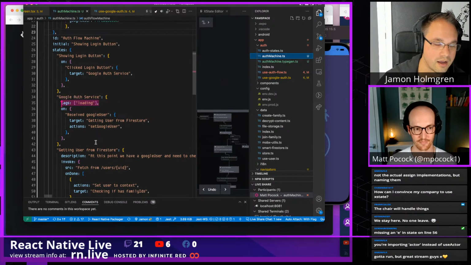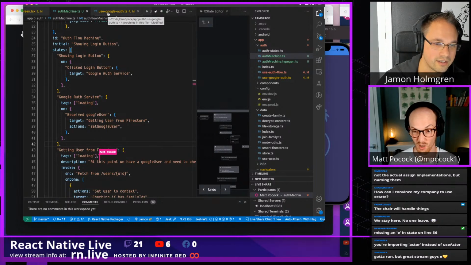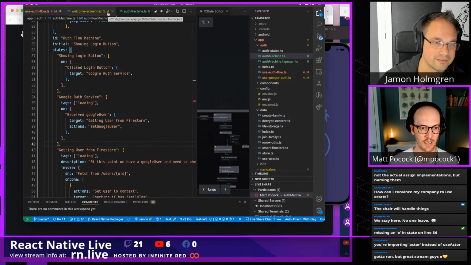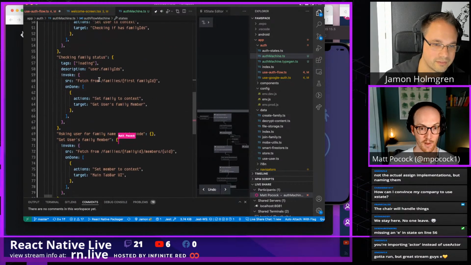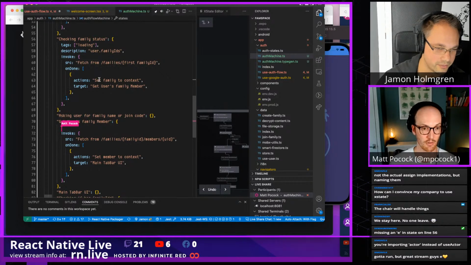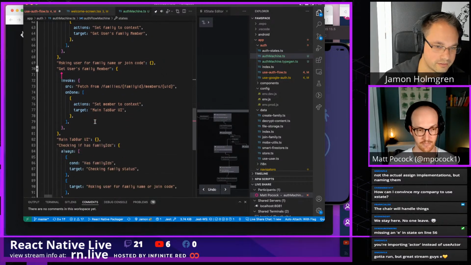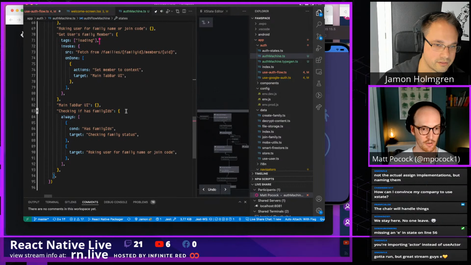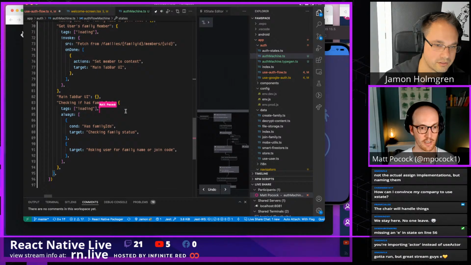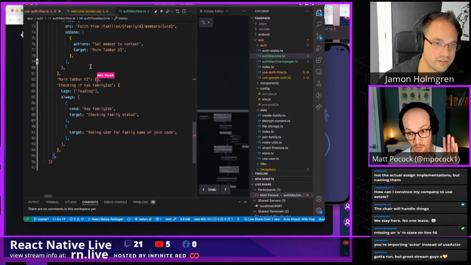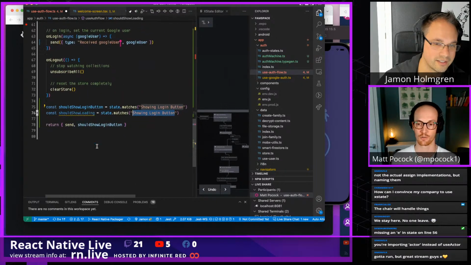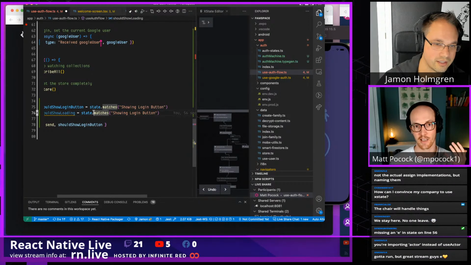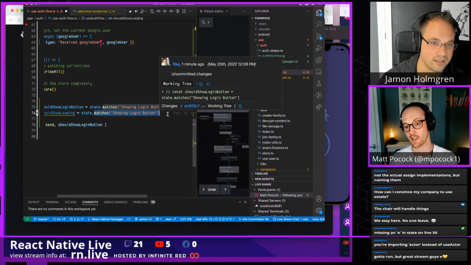Interesting. Okay. So getting user from Firestore, we're also loading as well. Checking family status, we're loading. Asking user for family name or join code, we're not loading, right? Because we're at a screen. Exactly. So get user's family member, loading. Checking family IDs, loading. Main tab UI, we're not loading. Okay. So now we can go back into should show loading, and instead of state.matches,